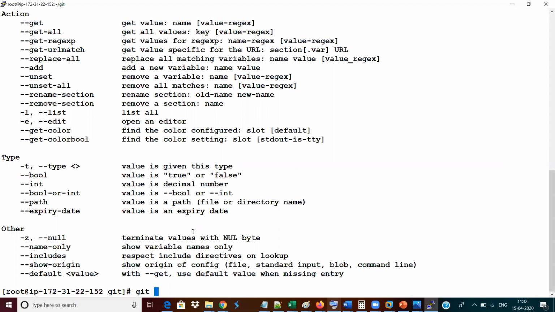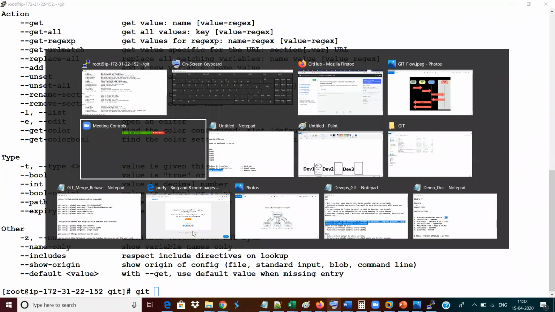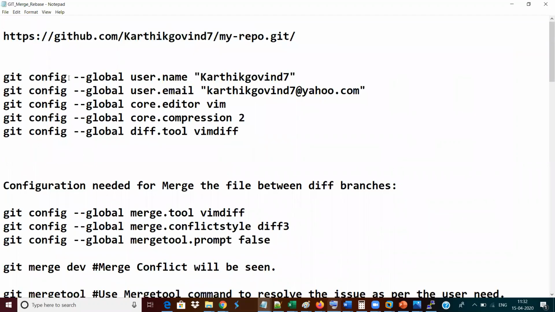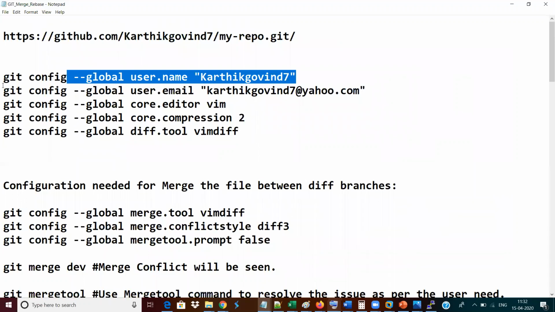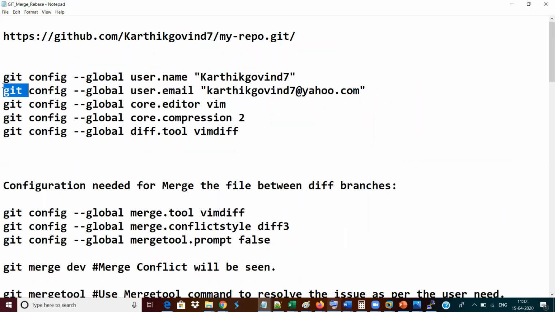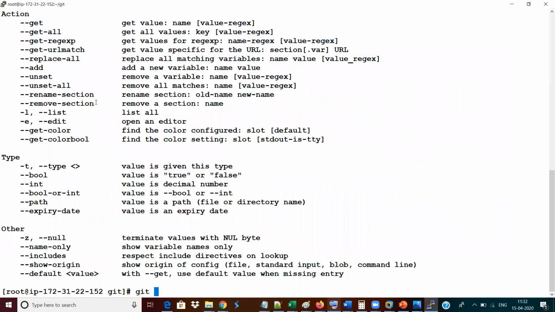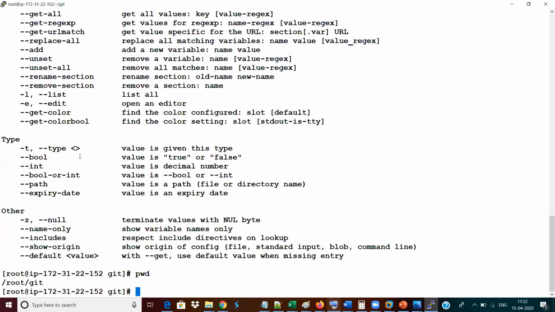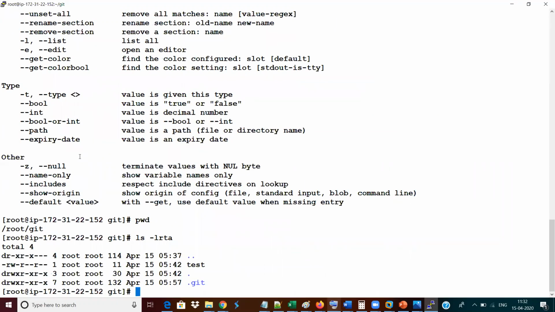Hold on. I didn't give config, I think. I have given only git. So let me give git config. In which folder am I standing? And there the .git folder is added, right? The .git operation is found.